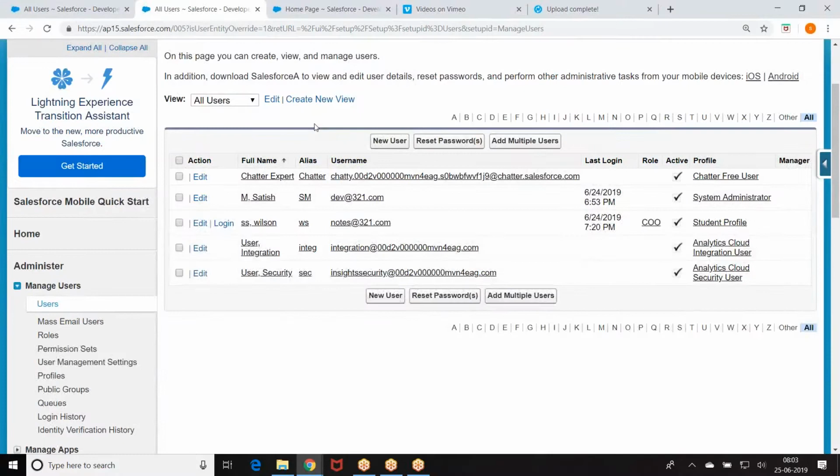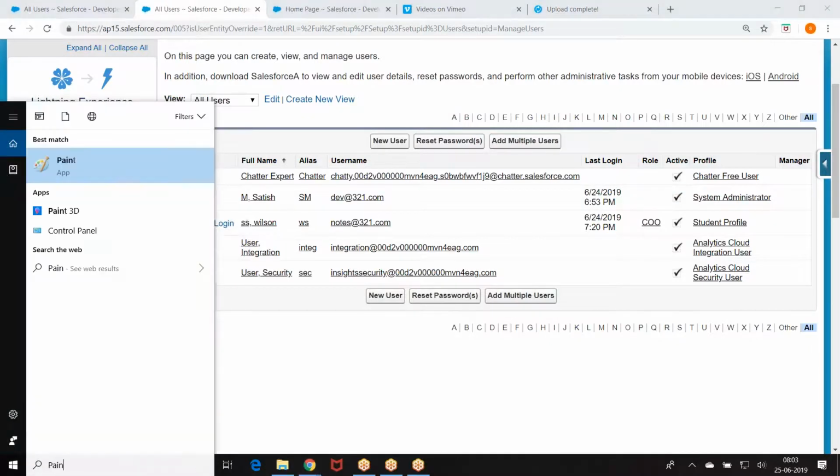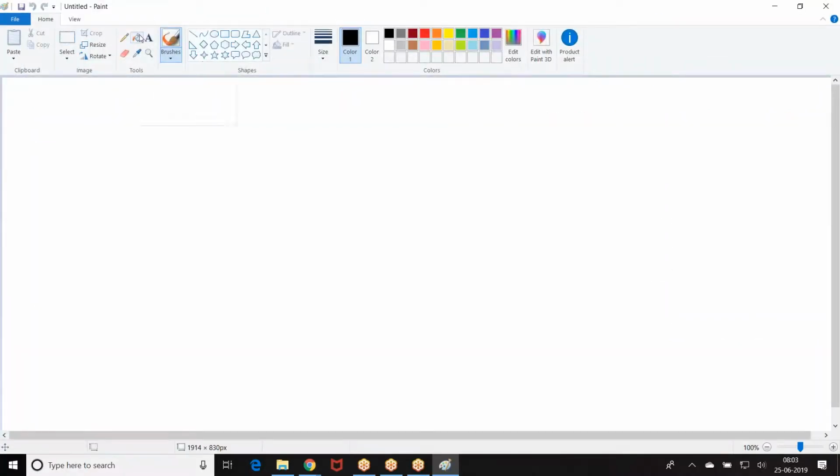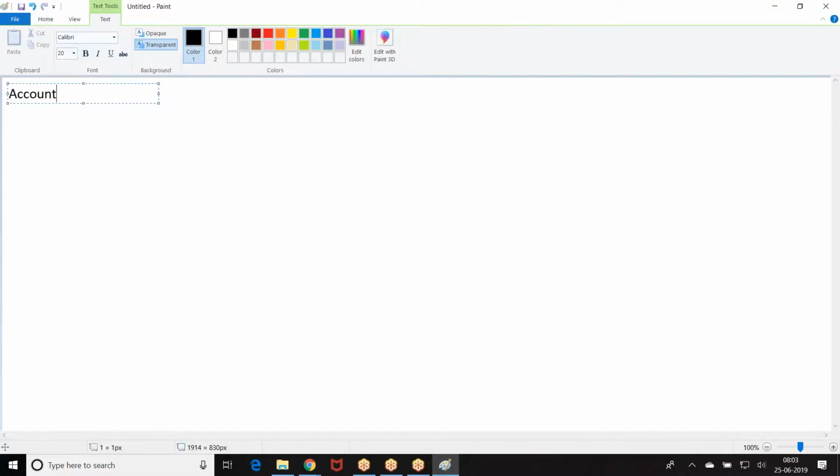Now what is the context? Whenever a new opportunity is created, and if opportunity agent manager is not blank, then share the record with the concerned person. That was my requirement. Now, any sharing rule that you write will be internally stored in an object. For every object internally, there is a standard object called share object. If I have account object, all the sharing rules on the account will be stored in account share. If we have a contact object, all the sharing rules on the contact will be on contact share.